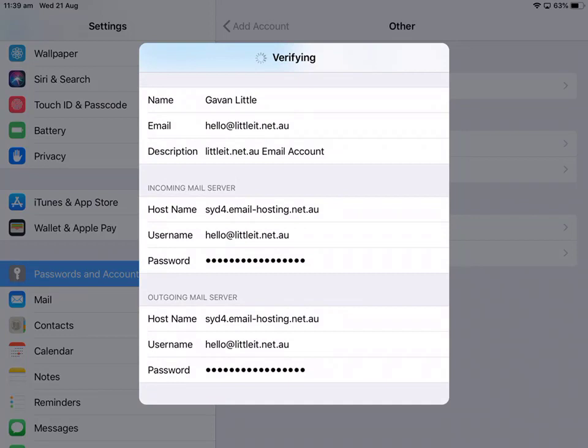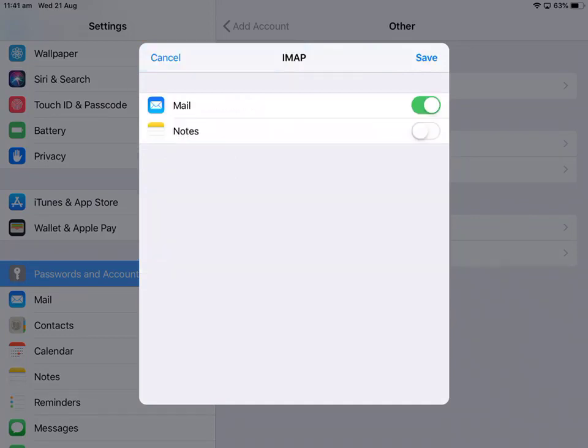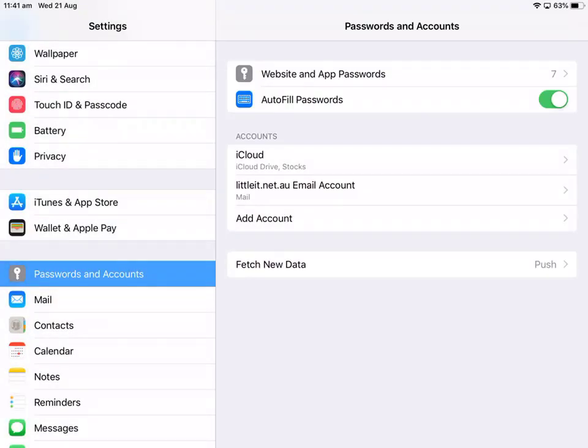And now it's going to go off and verify the email account. The verification has been successful. If it's not successful, it will come back and tell you. But in this case, it's all gone through and worked okay. So we just want to worry about the mail for the moment. So all we have to do is click save. And we're set up. So if we just quickly go back into the account,